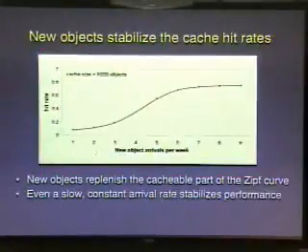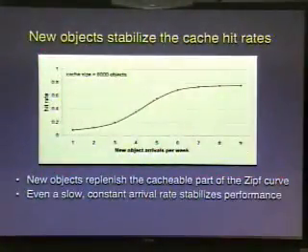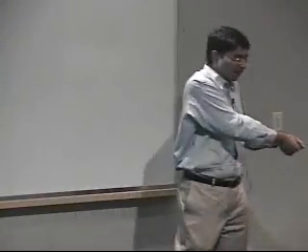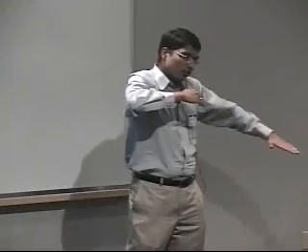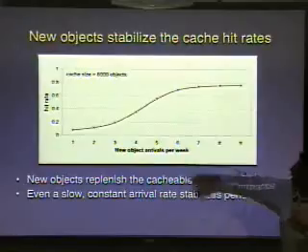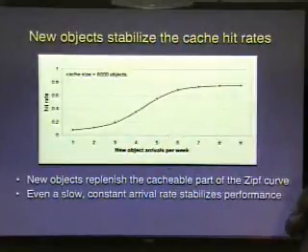Next, we began to add new objects to the system. Now, when you add new objects, they replenish the old popular objects. And because of that, they have the effect of pulling the users who are sliding down the Ceph curve because of fetch at most once back to the top of the Ceph curve, where you have the popular objects that are very cacheable. Now, our analysis shows that adding new objects at a constant rate, however small the constant rate is, always leads to stable long-term hit rates. So the x-axis here shows the number of new objects per week, and the y-axis shows the long-term stable hit rates. Now, the hit rates increase with the object arrival rate.